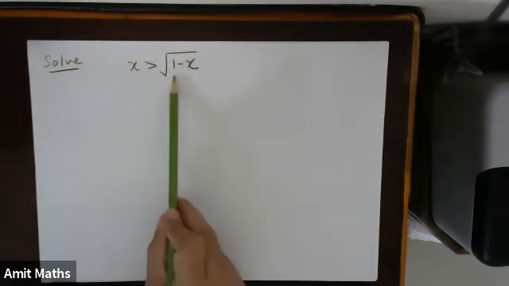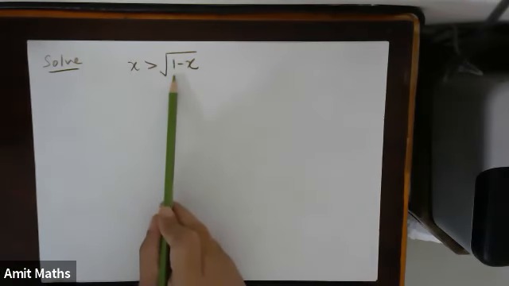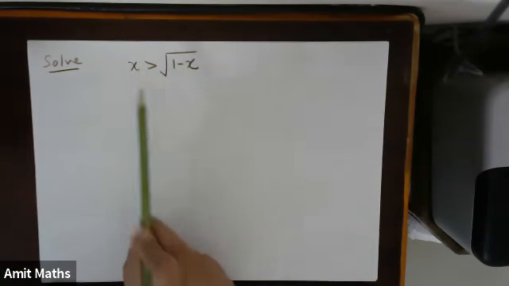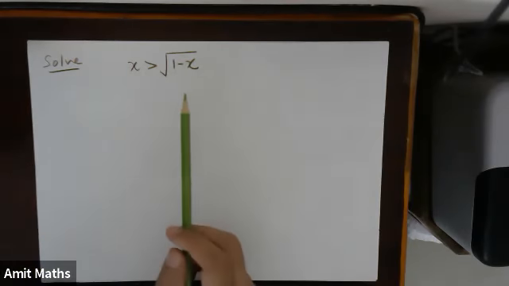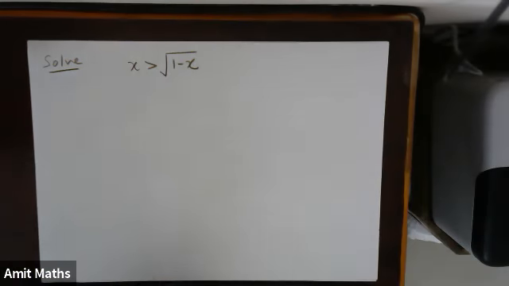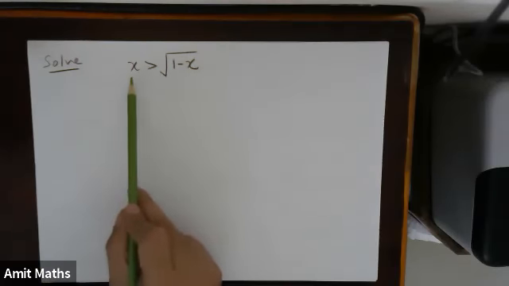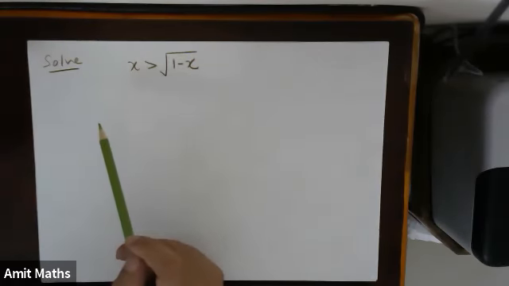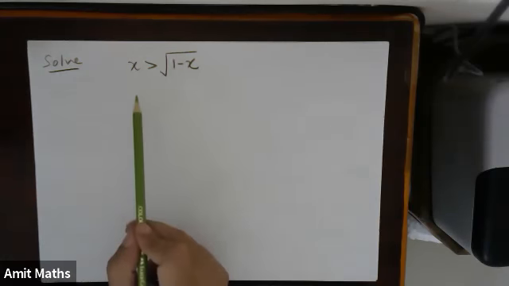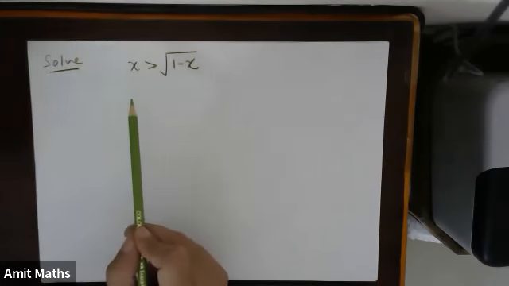Why? Because there is a square root on one side, and there is simply x on the other side. So we cannot directly solve this. We have to square. But before squaring, we will make sure that we won't get any extra answers. By extra answers, what do I mean? That suppose this is negative and x is negative, then what will happen? Or x is positive, or x is 0? When we are squaring, we'll take care of that.